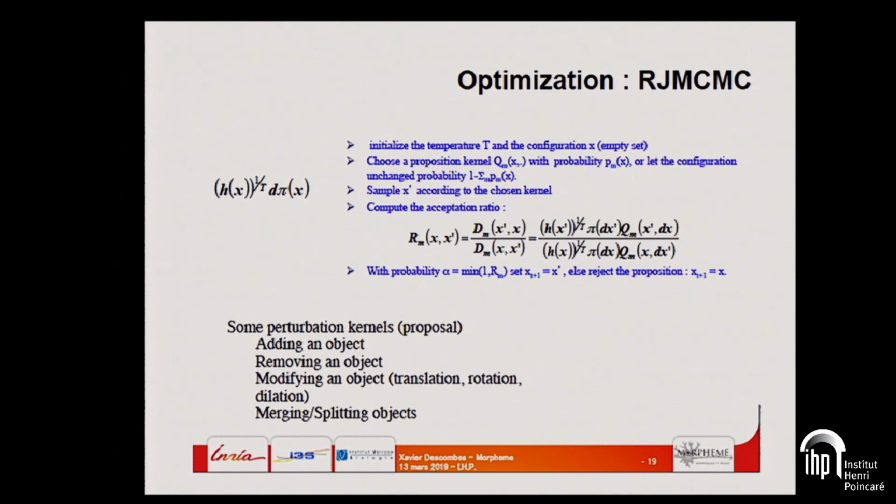So it means that we can use this kind of model also with this kind of process. The main difficulty is that if you add or remove an object, then you change the dimension of your configuration. So to go from classical Metropolis-Hastings, we have to go to reversible jump Metropolis-Hastings. But it's the same idea. You have some configuration, you make a small perturbation, and then you look at whether you keep this perturbation or not. If it's good for you, so it's better for your model, you keep it, and if it's not good, you keep it with some probability to escape some local minima.